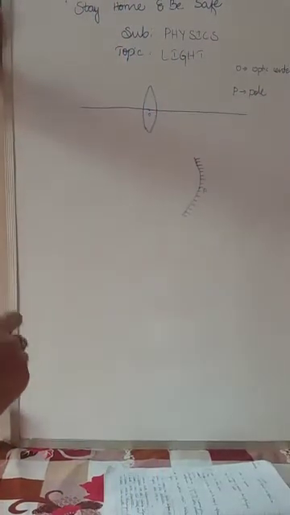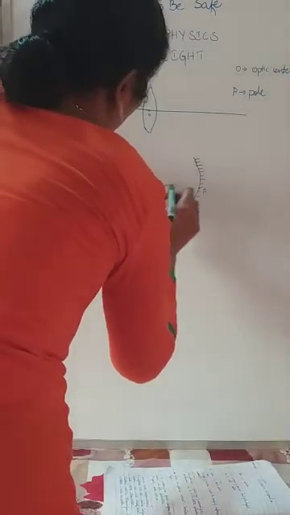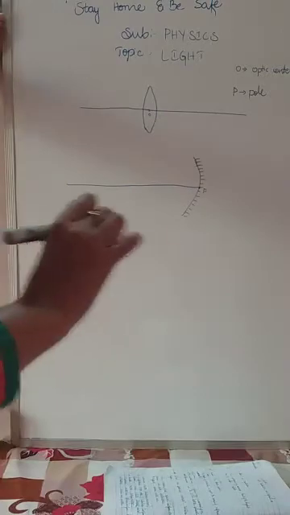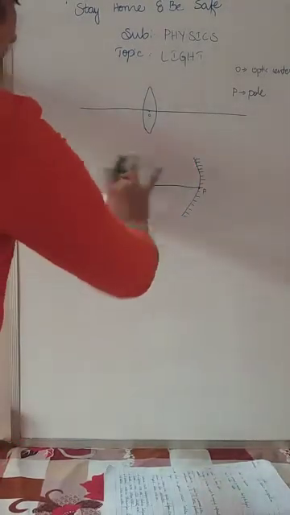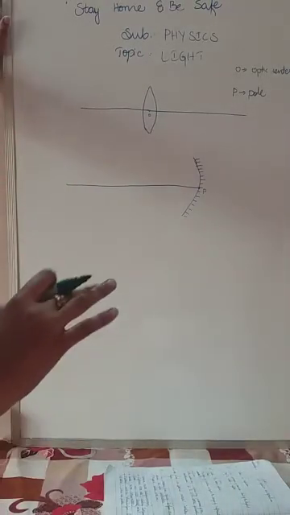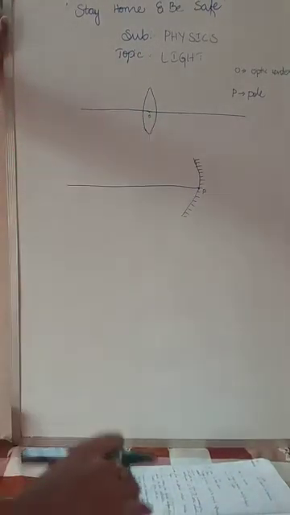Very important. So what is meant by pole of the mirror? The center point of the mirror is called the pole of the mirror. Consider this is the ray diagram of a lens. This is the ray diagram of the convex mirror and it is a convex lens. So next, what is the center of curvature? It is represented by a small c, that is called the center of curvature. Keep in mind, center of curvature.